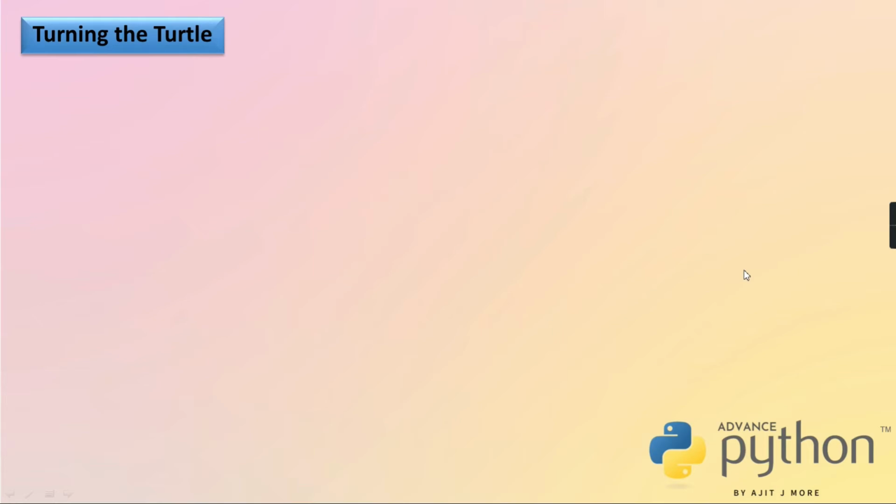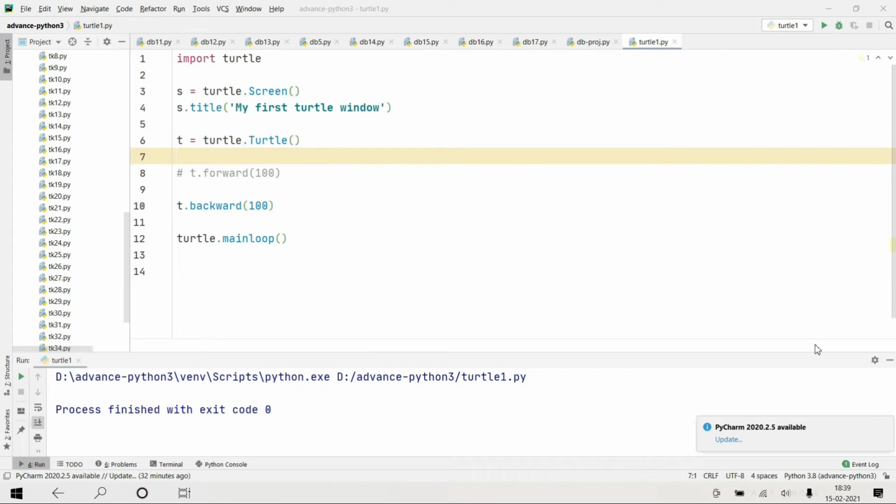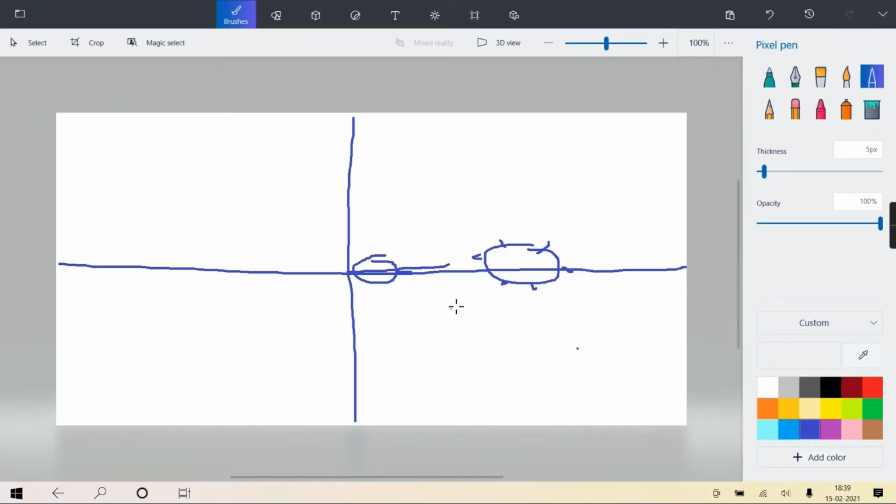Next is changing the direction of the face. Now when you are changing the direction of the face, nothing is produced. Right? A pattern is produced only when the turtle moves ahead or goes back. Now it is just going to change its direction.